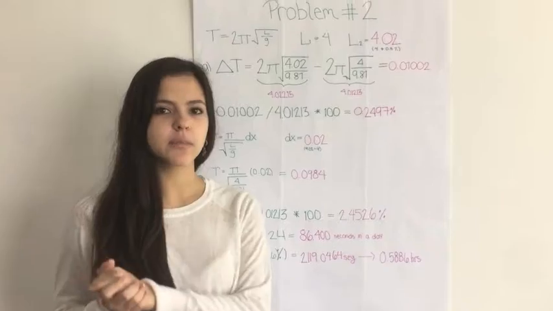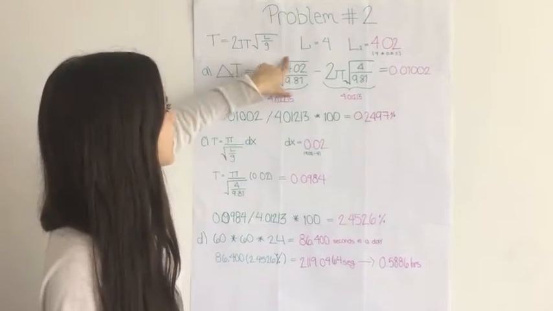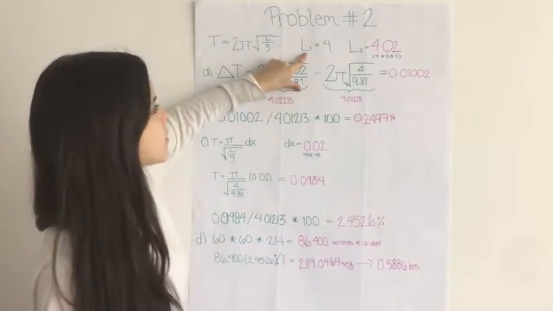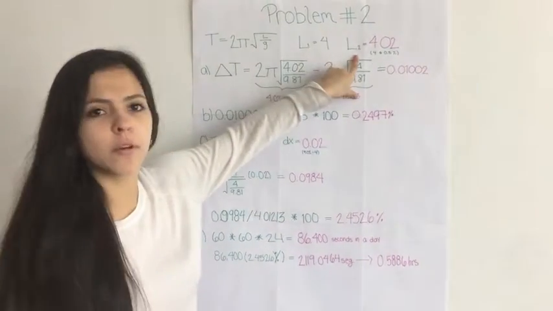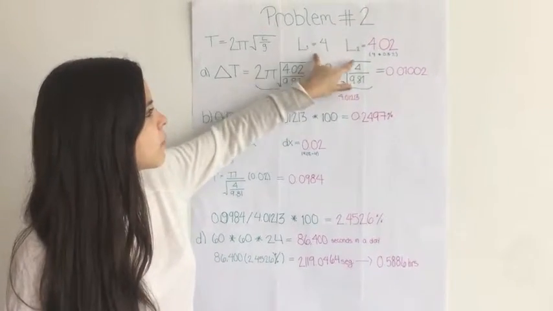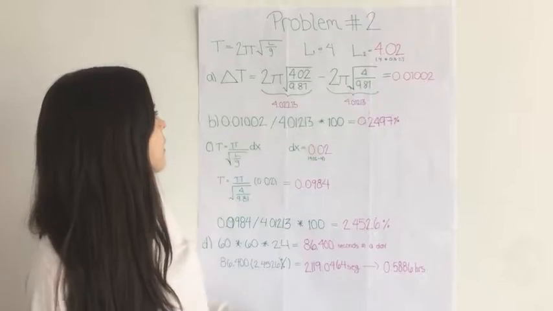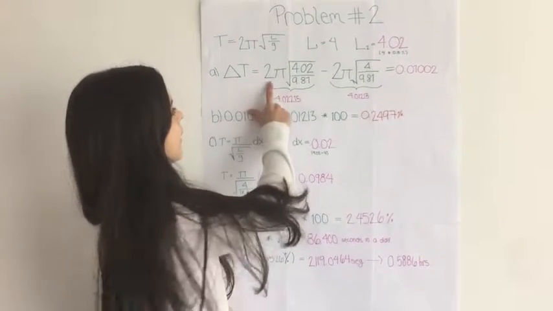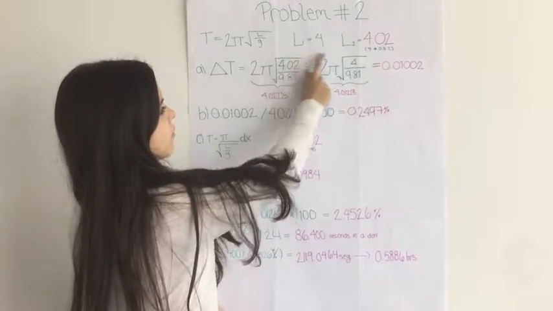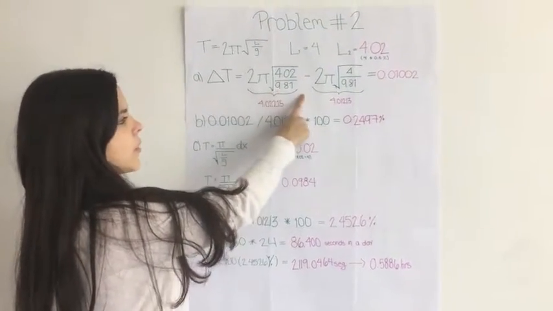Okay, so we're gonna explain question number 2. This is the equation for the period of the pendulum, and this is our length number 1, that is 4, and our length number 2. After we multiplied our length number 1 times half percent, it's 4.02. So now, changing time, that is 2 pi square root of our second length, that is 4.02 over 9.81,